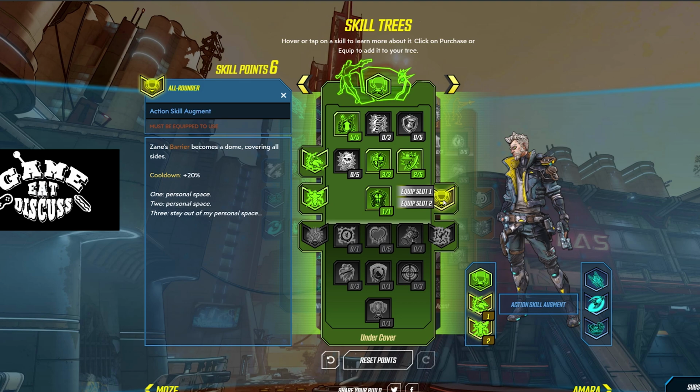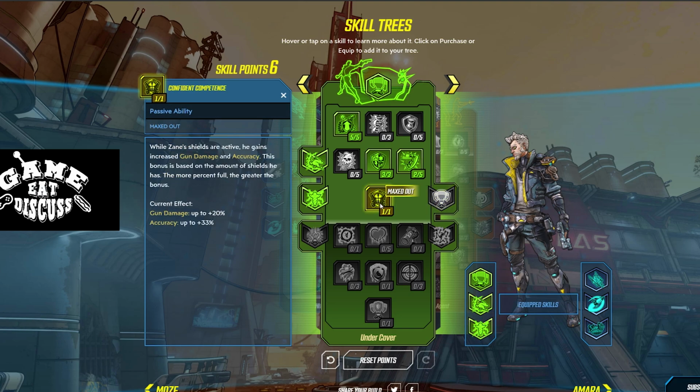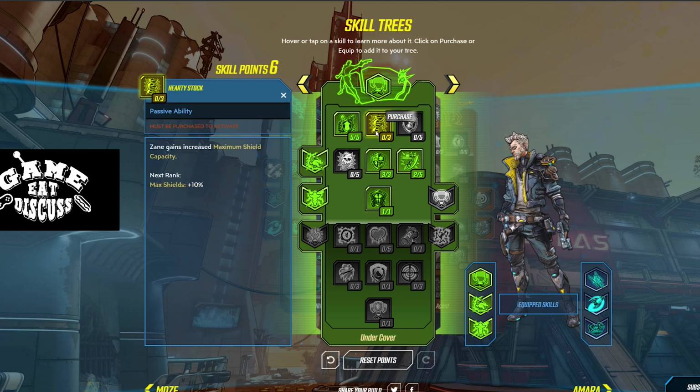We have another augment over here. Zane's barrier becomes a dome covering all sides. Now, if you're playing with a group, or you're one of those players that has trouble hiding behind a dome, I would say throw this in. A dome is not bad, but it does raise the cooldown rate of this ability. We now have 6 points and 4 points before we get to the next tier. So we're going to have to go back up and choose one of these three to